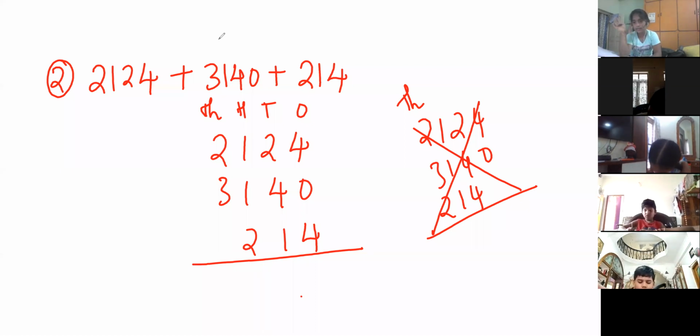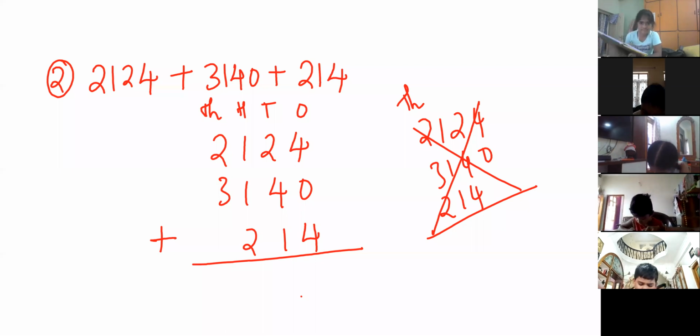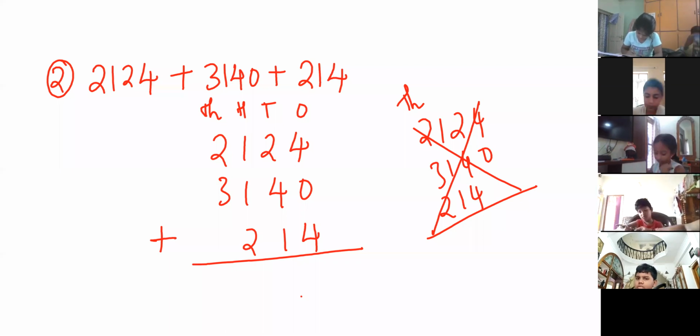Now let us add. While adding numbers, you should start from which place onwards? Srikar? 4, 6, 4, 7, 8, 9, 10. 10, yes. Keep 4. Srikar, can you hear me? Yes, ma'am. While adding the numbers, from which place onwards do you have to start?